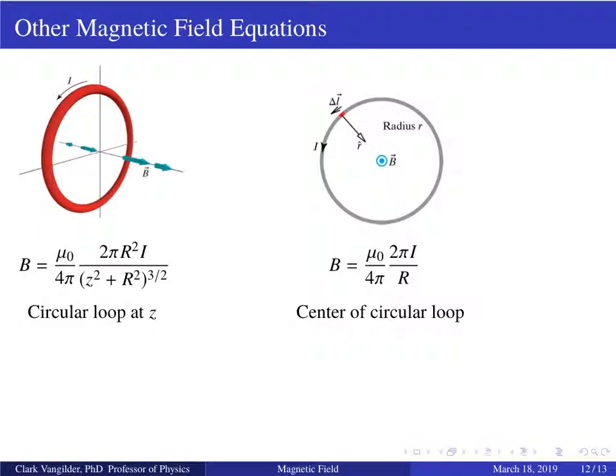Now, not going to derive these, but notice there are some changes depending on what we're dealing with. Circular loop, so depending on where I'm at with a circular loop, it's one circular loop, but things are different. So if I'm at some point Z out here, okay,